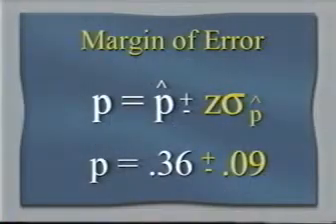Let's go back and look at the computation because, in effect, the computational formula will tell us something very interesting about this margin of error. What we have, you recall, is that our margin of error is plus or minus z sigma p hat. And the question comes about: a 9% margin of error is too large. What can we do to reduce the margin of error? By the way, typically in most political surveys, the margin of error is between 3 and 4%, that is plus or minus 3 or 4% on either side of the sample proportion.